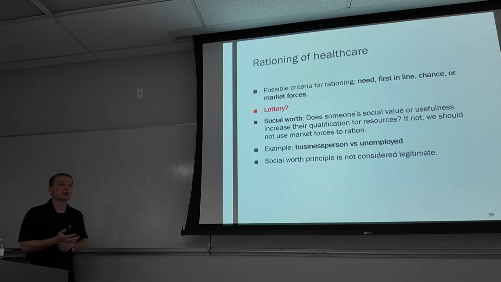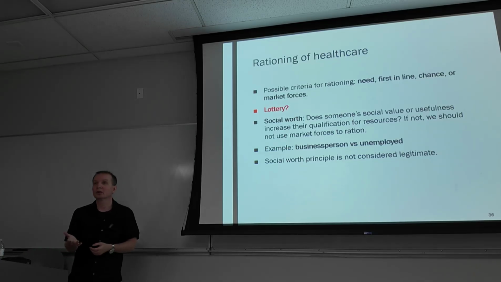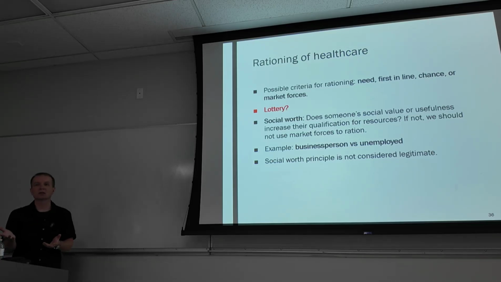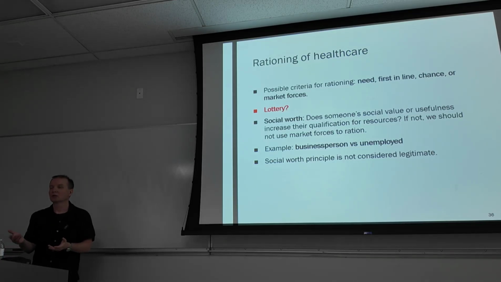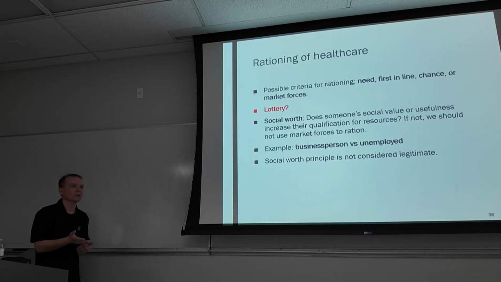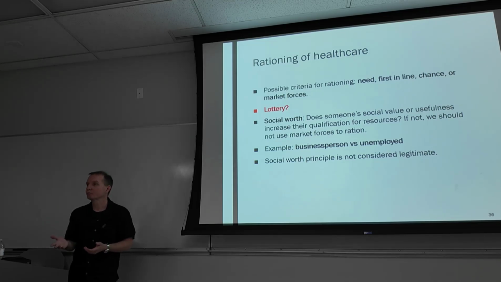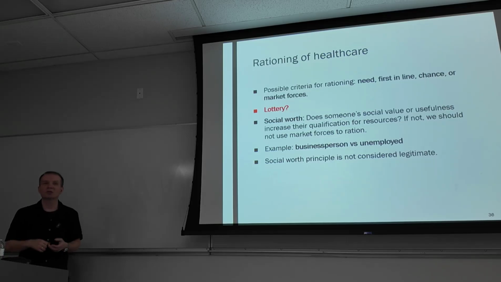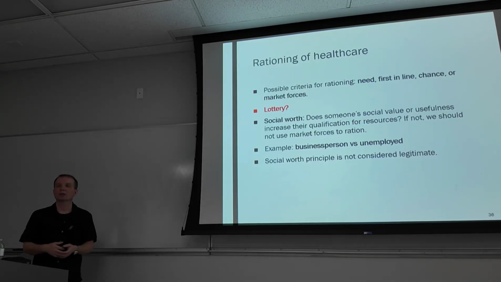And how do you decide who gets care? Let's say you only have one liver, but 10 patients need it. Who gets the liver? Is it the youngest person, first in line, the one who requested it first? Or should you just run a lottery? Frequently people think lottery is fair. Is lottery fair? If you don't know who to give the benefit to and you just flip a coin or do the lottery, is this fair?